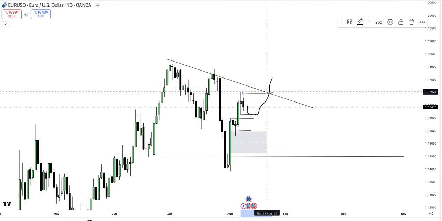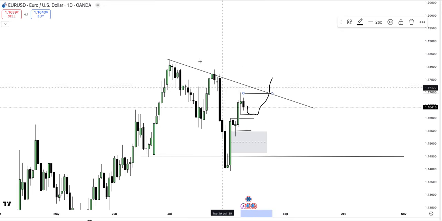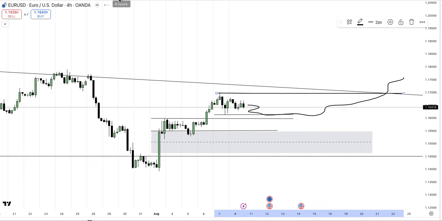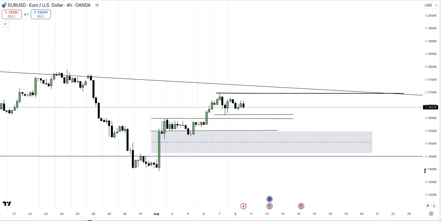But what you want to see first is liquidity being collected. Like I always say, no read, no trade. So you want to see how price will react when you get to this area here. The moment I see price reject this, collect the liquidity on this level, give me